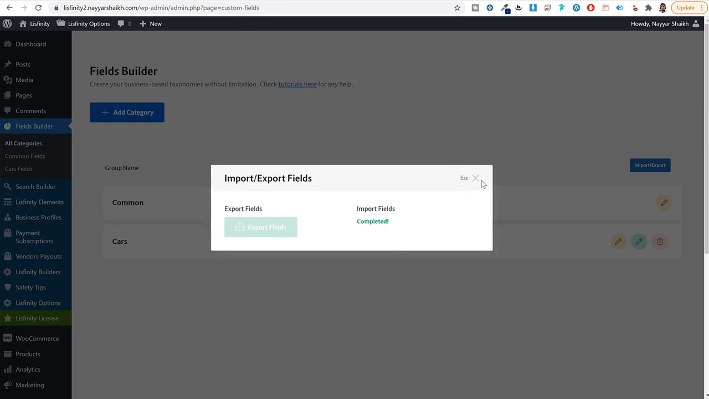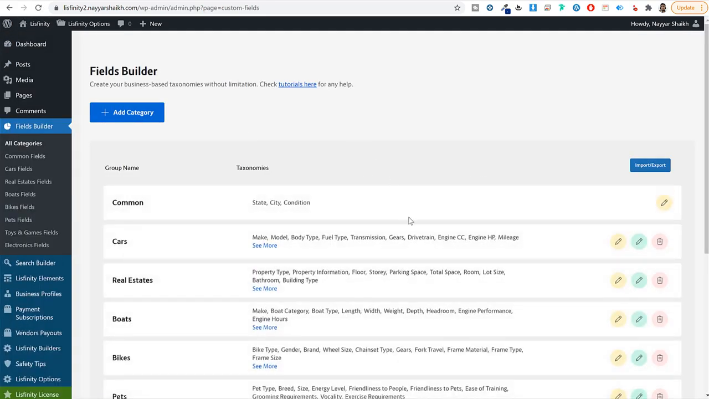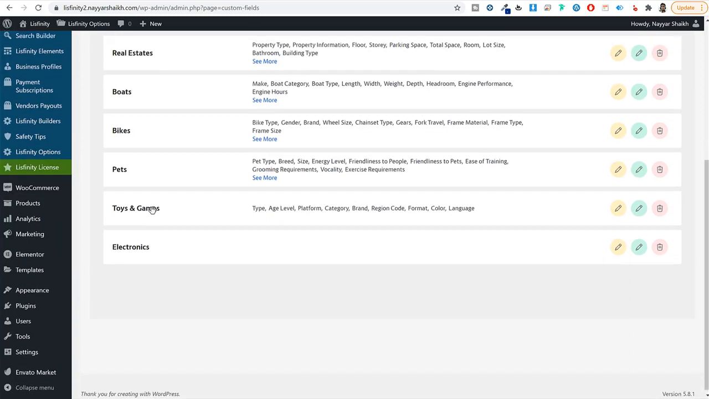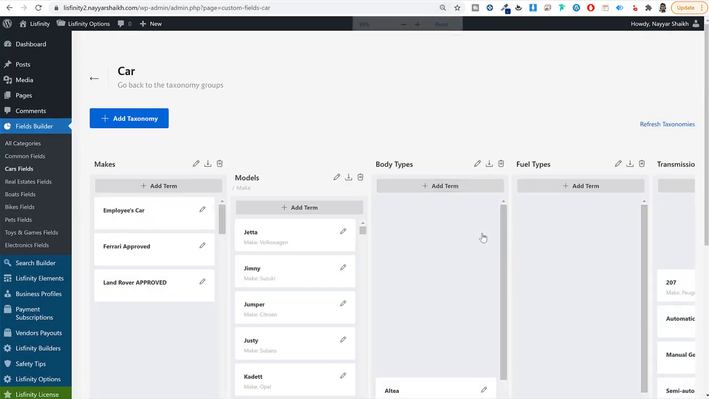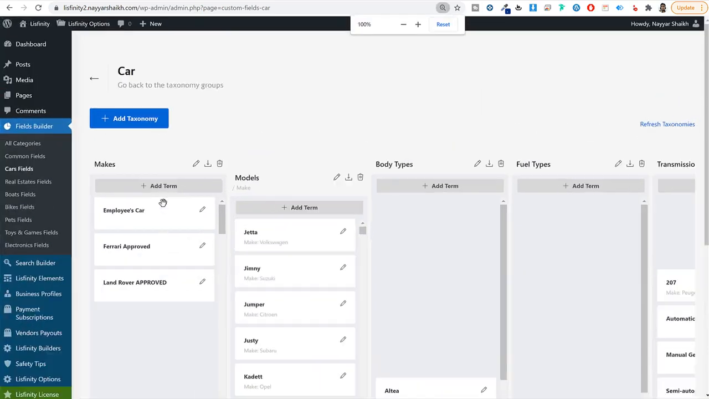Now as you can see, it says completed. You can cut this thing, refresh this page. And now as you can see, it has created cars, real estate, everything for you. You can see it has created all these fields for you. These all fields are created because of that import file. If you click on search builder,